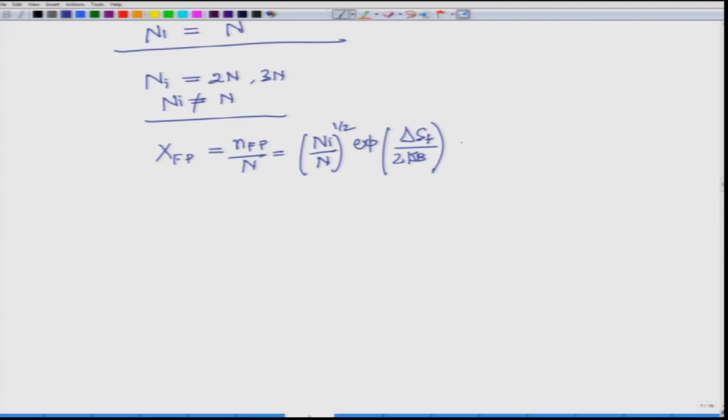There is a factor 2 over here, we will come to that why. So, this is minus delta HF formation of Frenkel pair by KBT. Actually, the more general form of this equation would be something like this, where NFP is equal to Ni times n to the power 1 by 2. Oh sorry, I have missed a factor 2 here, it is 2 over here, and I will come to that in a moment. First let me complete this equation.